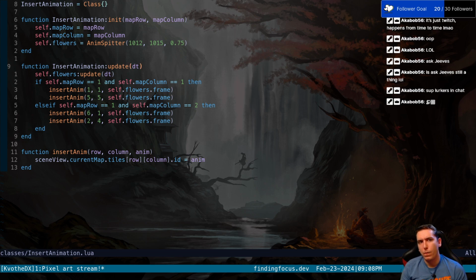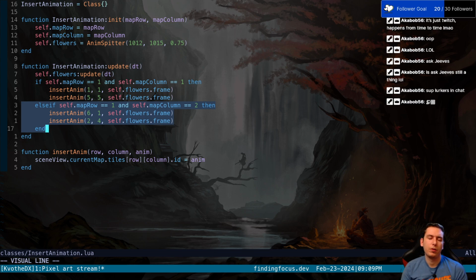Now, what's baffling to me is that by the time it's done transitioning, we know what animation needs to be inserted. But until the map, until the current map